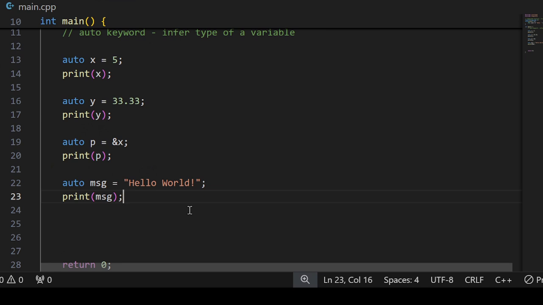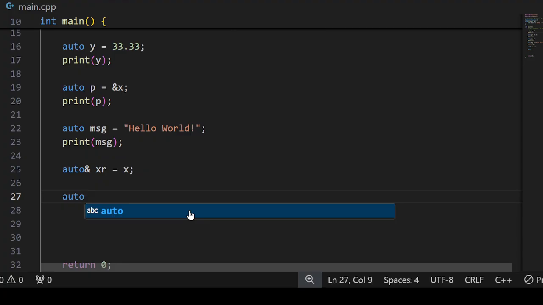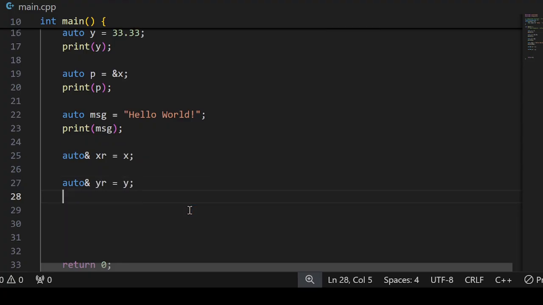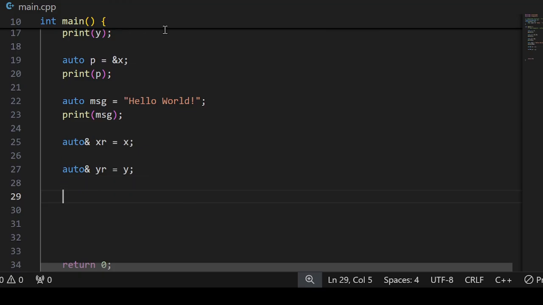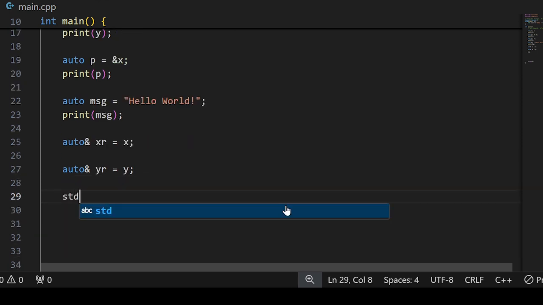And if you want to have a reference, you can do something like this: auto& xr = x. So this will be the reference to x. And if you have auto& yr = y, this would be the reference to y, the double type. So if I display the data, x and y,